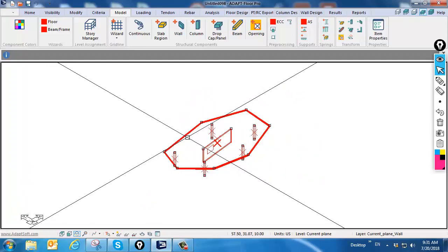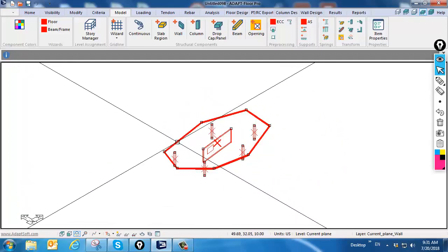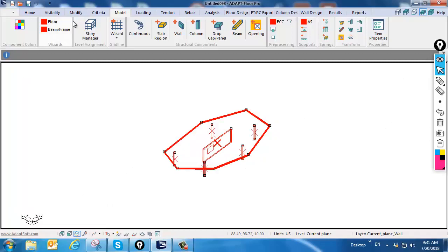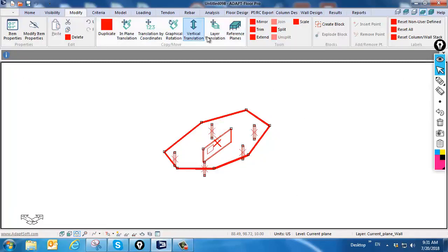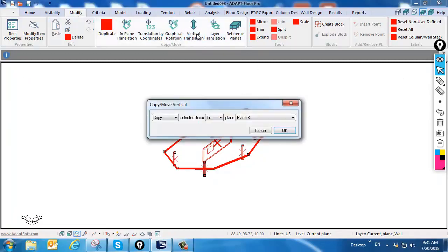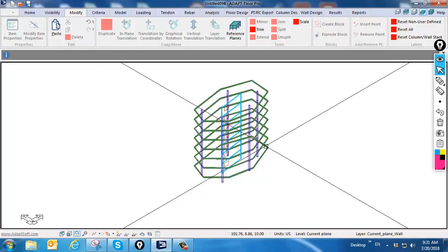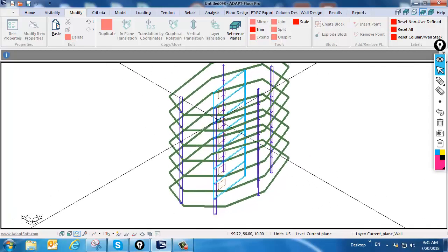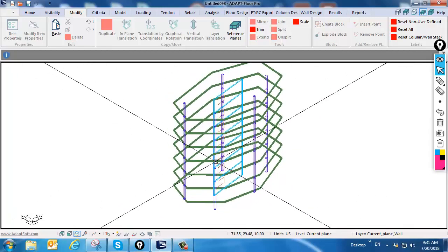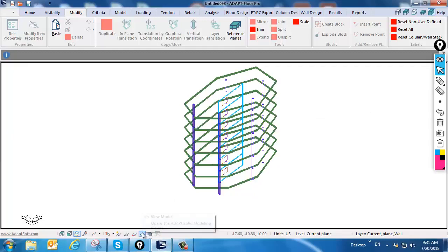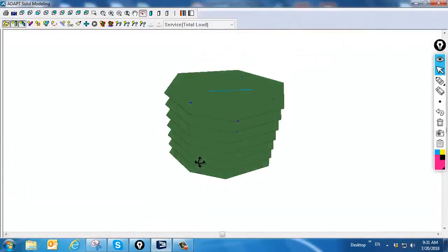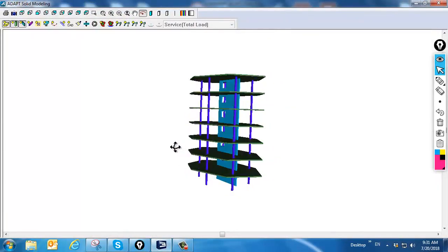We'll go ahead now and take this level. I'm just going to select all of the components, go to Modify, and we're going to use vertical translation. I'm going to copy this up 7 times. And now we have a model with openings in each of the walls. If we look at the solid modeling view of this, you can see the walls here in the solid modeling